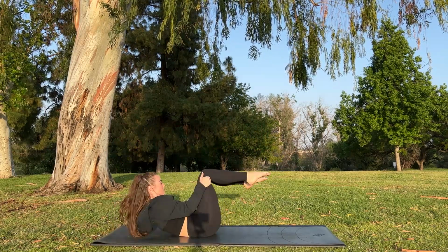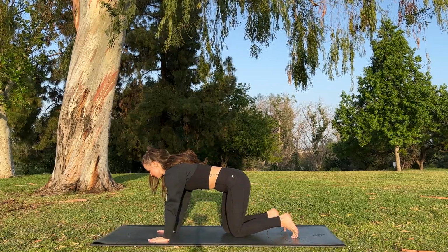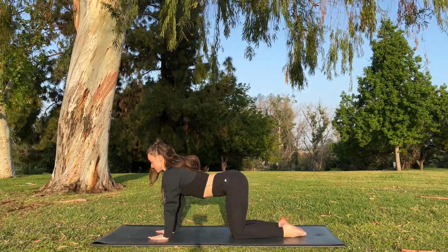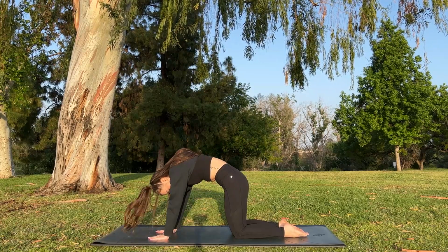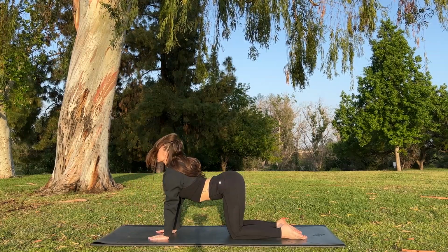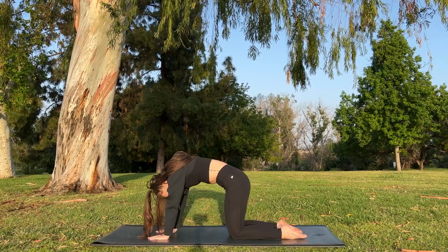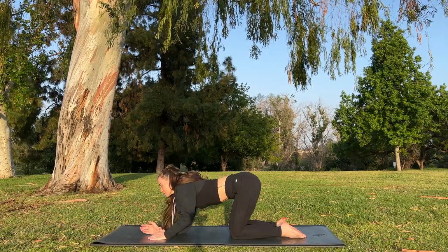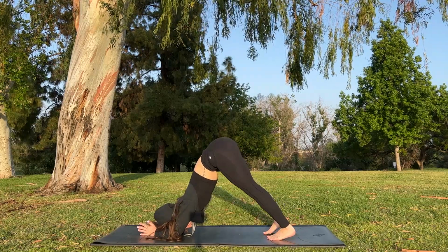And release. Okay, let's flip over to our hands and knees. Take a cat and cow to stretch that out. Inhale, drop your belly, open your chest. Exhale, round the spine. Inhale, open. Exhale, round. And let's lower our forearms down, bring the palms to touch, and then curl your toes